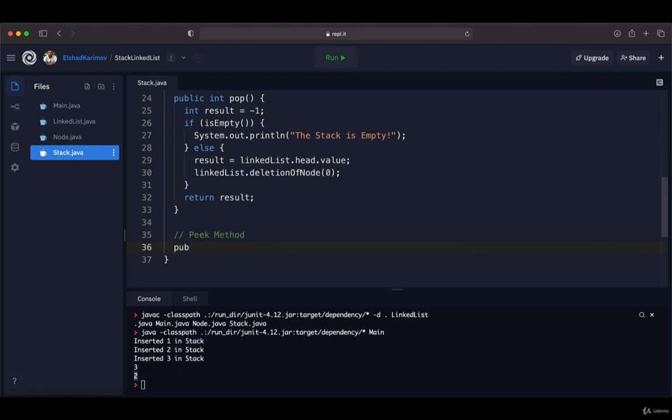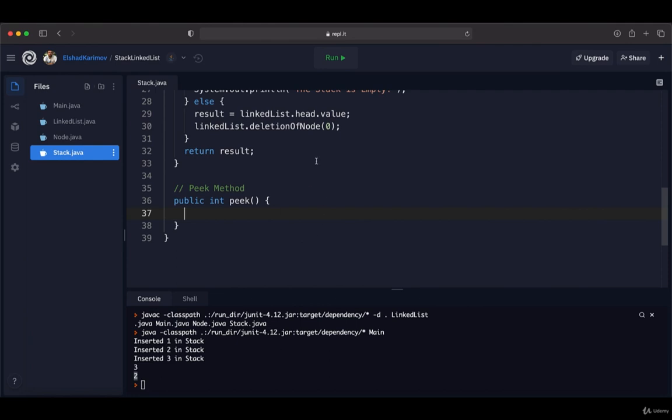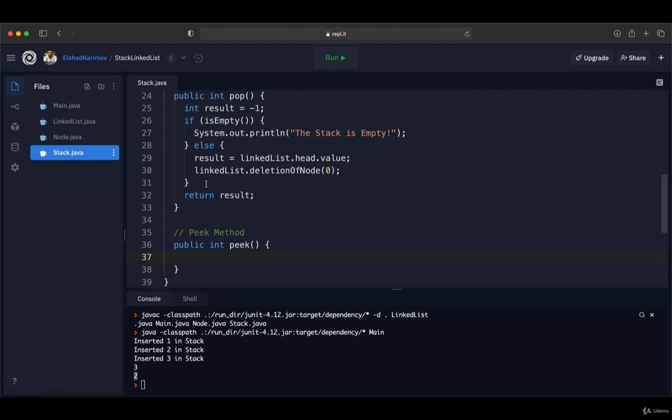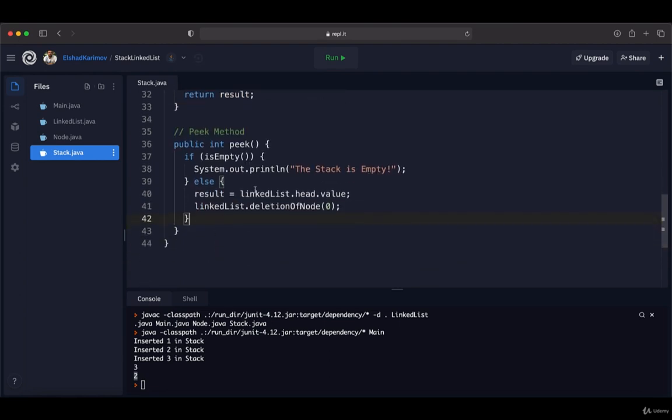So that's why it's going to be like this: public int, the return value will be int because our stack is int. Then inside this method, we are going to check if the stack is empty, we are going to return that the stack is empty. If it is not empty, we are going to return the head value from the linked list because head value is the top element in our stack over here. So I'm just going to copy this